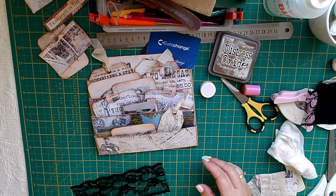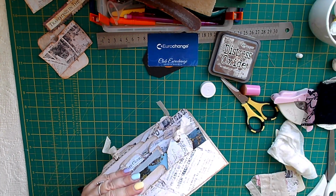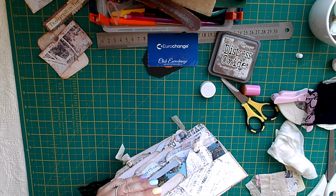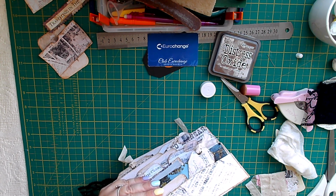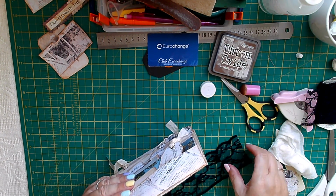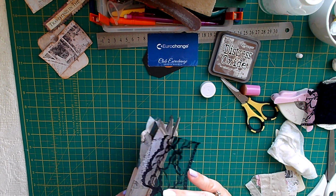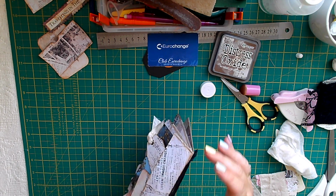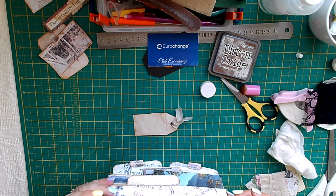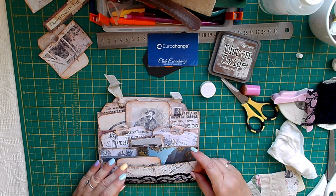So with this, I use the glue 3-in-1, and I just go along the edge to start off with. I just feel it might make it a little bit stronger. Yeah, I mean, these can go in your journals, or they can, whoops. Right, this is where I get in a mess as usual, trying to get it level, trying to get it straight is another thing. There,